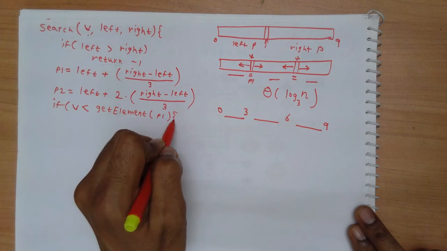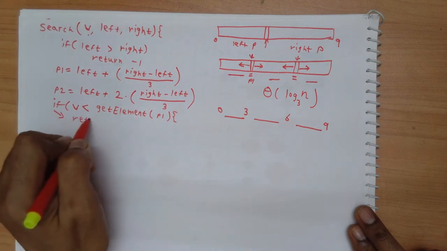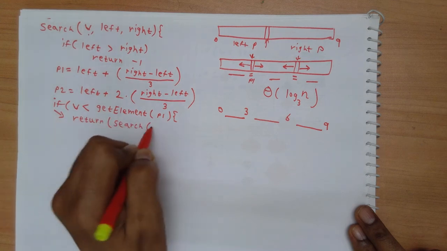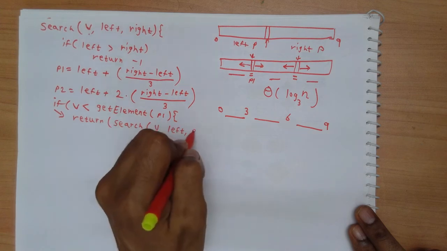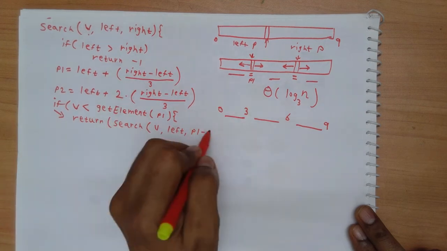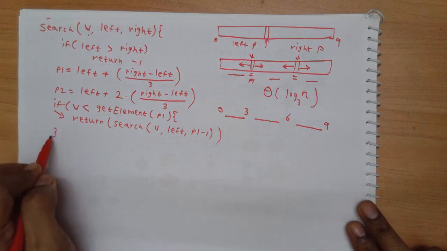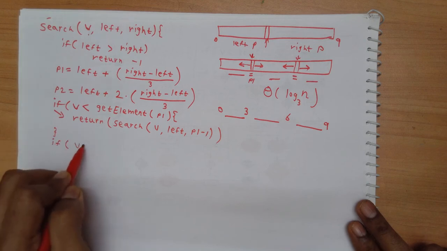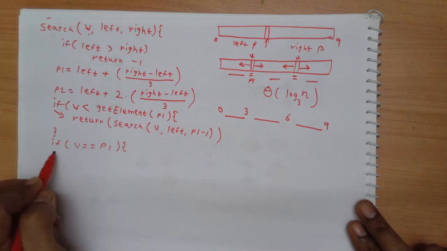So I will return the result of searching the value v in left and p1 minus 1, because I have already compared with p1. Otherwise, I will check if the value is equal to the element at p1. In that case, I have to simply